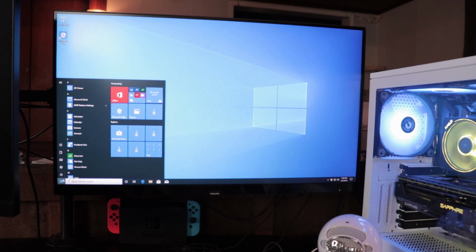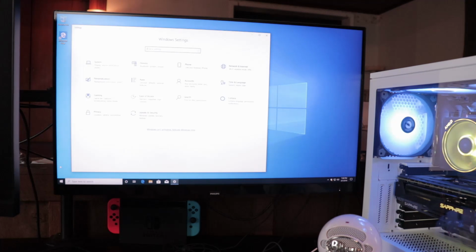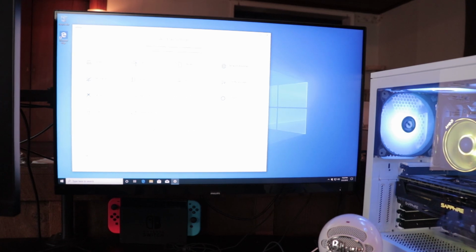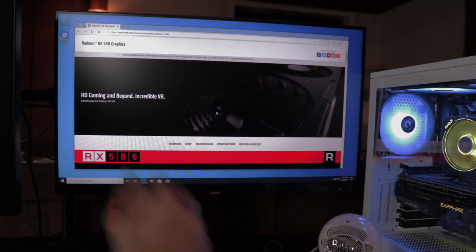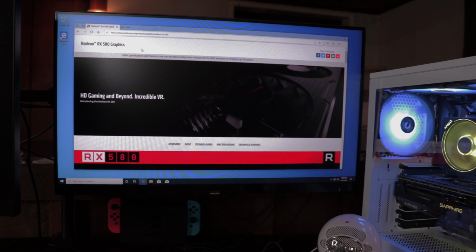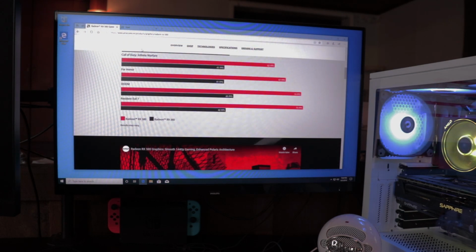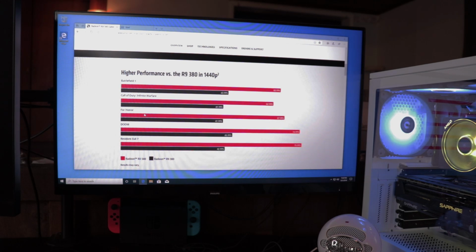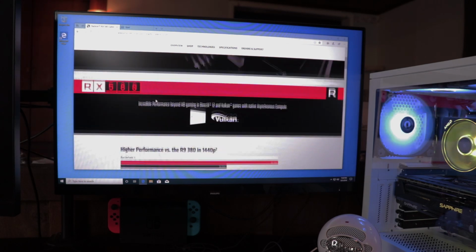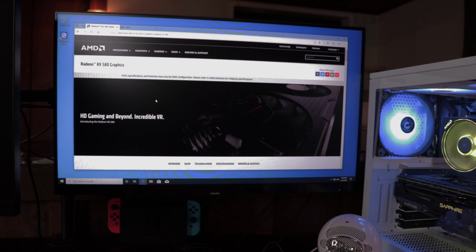What I would do after this is go ahead and go into your settings. You know what? Matter of fact, 1 second. Okay, so what I'm doing right now is installing drivers for my video card. If you have a video card, I'm going to add this little bit in there. You're going to want to go to the website of whatever video card you have, whether it be NVIDIA or AMD,